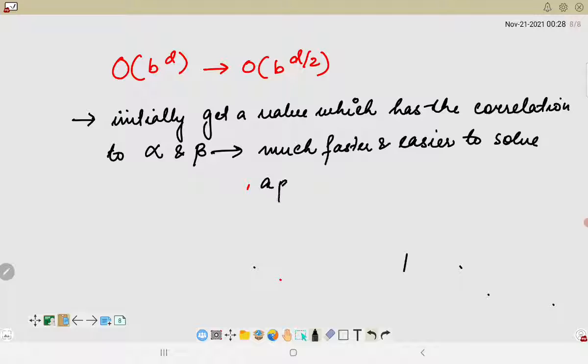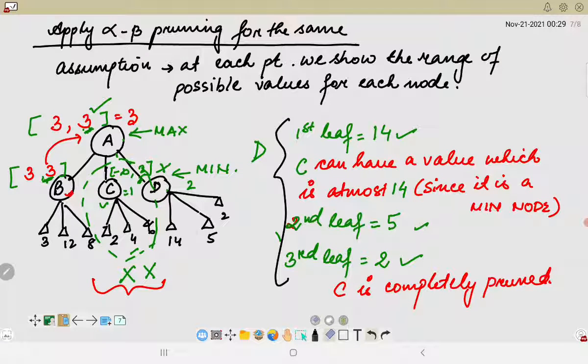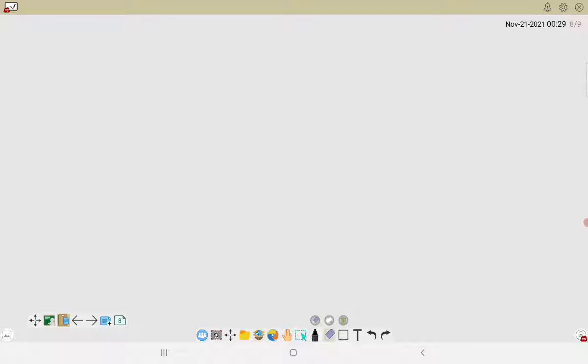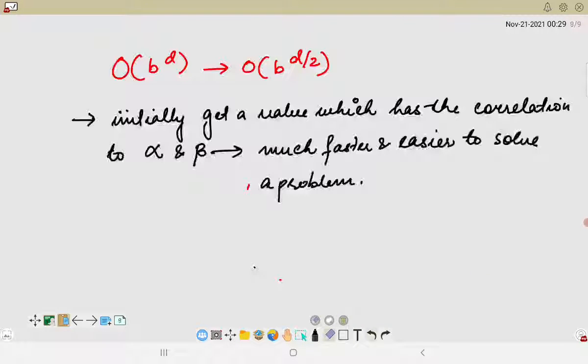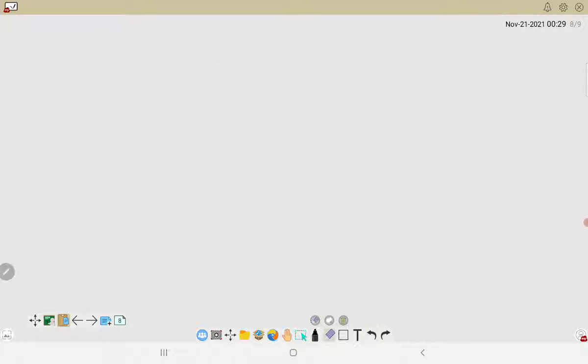However, if we get a scenario which is, in the previous example, something like the D node or the B node, at that point of time this will behave in the same manner as how minimax behaves. But if we get the best possible move, that means if we get the best possible assumption initially, we will solve the problem in a much faster time as compared to your minimax algorithm.